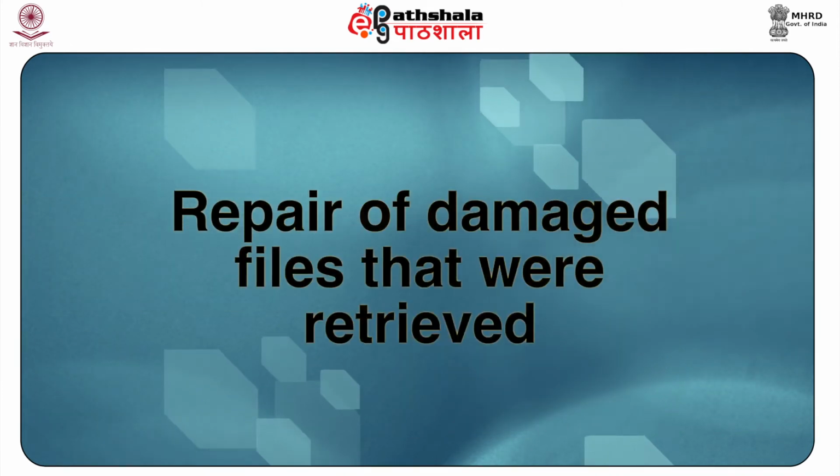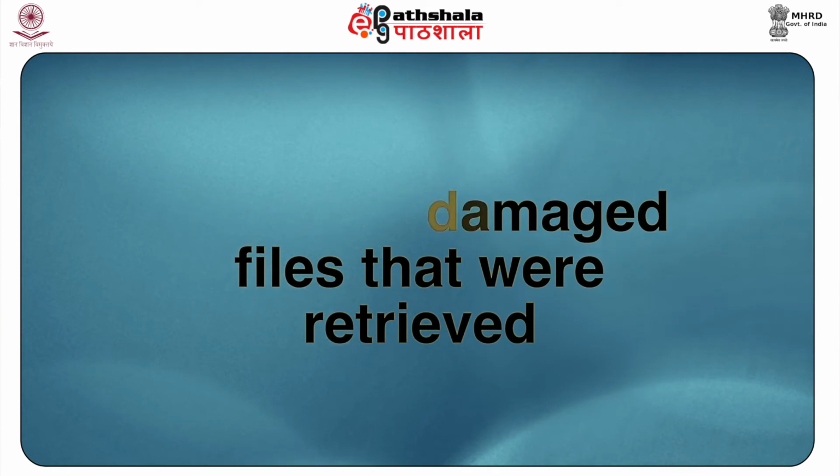Now the fourth phase, it is the repair of damaged files that were retrieved. Data damage can be caused when a file has been written to a sector on a drive that has been damaged, and hence there is a need to repair the retrieved data. Corrupted documents and files can be recovered by several software methods. These methods are very easy and provide good results. Corrupted documents can also be recovered by manually reconstructing the document using a hex editor.